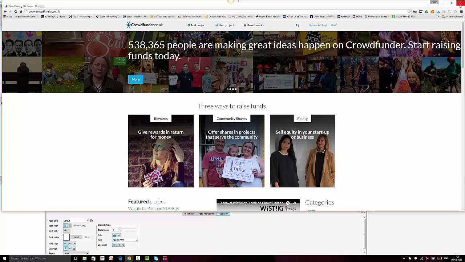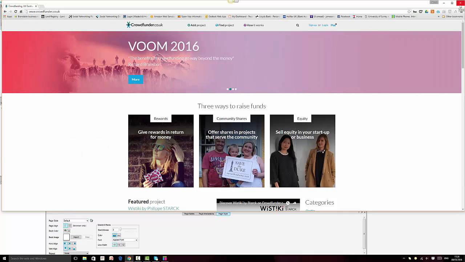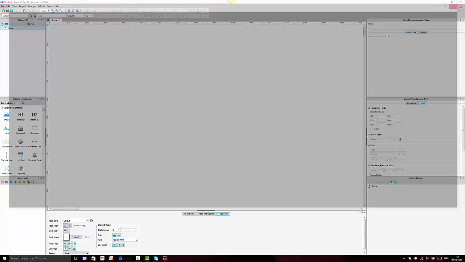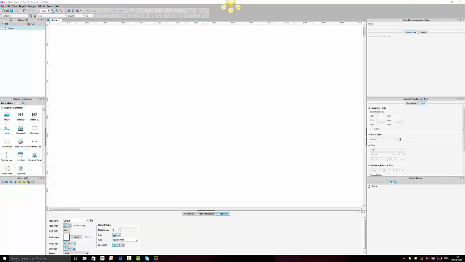It's going to be very simple. We're not going to be using colors or images. We're just going to use a fairly simple technique, and you can always use this in your prototype as well. So let's get started. We've opened our Axure RP, and the next thing we need to do is to